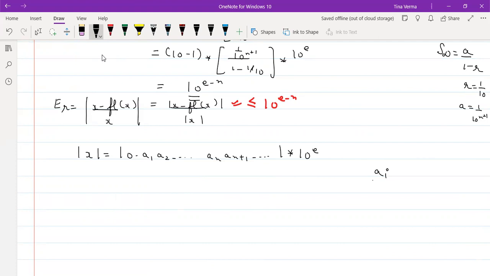If it is in the normal form, every ai will be greater than what? Greater than 0. That means ai will either be 1 or greater than that. Is it clear? Because in the standard form of the floating point representation, you can't take a1 as 0, right? So if it is not 0, the number will be either 0.1 or greater than that, or if it is 0.2, the numbers will all be greater. So that means this will be greater than or equal to